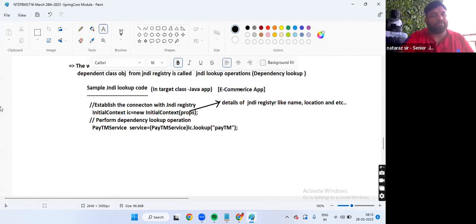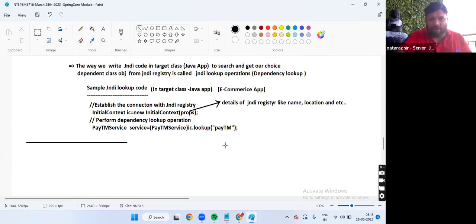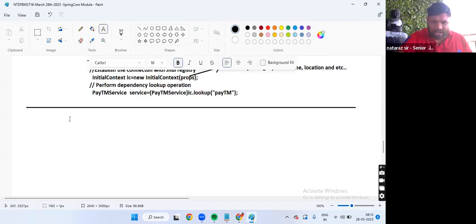What is dependency lookup technically? I know you don't know JNDI or the JNDI registry, but I am able to give a basic idea about it. Nothing is impossible to learn, but you have to have acceptance. That's it.